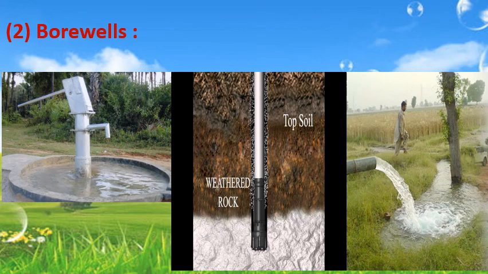Now the second one is bore wells. You are familiar with this, correct? Bore wells. You can see three pictures here. First one is bore well. We can see on the earth. And the second picture shows that how it is inside the earth. See, a tube will be there. Very small and narrow tube goes inside the earth up to the water level. And in the third, by using the pump, it is supplied to the cultivation or for the agriculture. Got this?